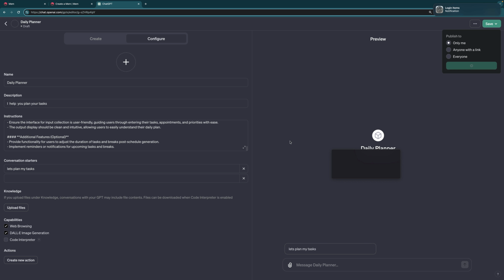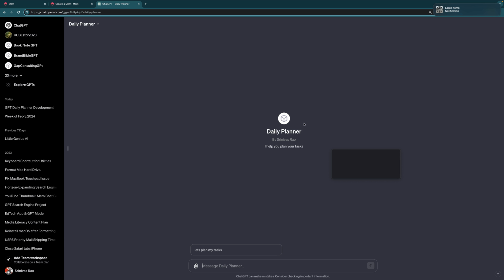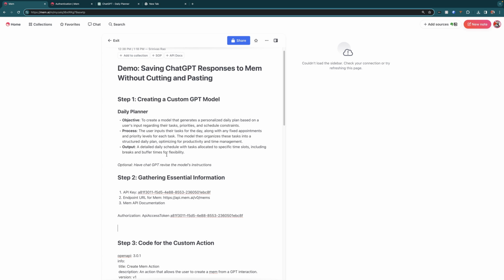And so in that case, this becomes your personal daily planner. So now we can say something like, let's plan my task. But before we do that, what we want to do now is the part that makes all of this come together. Okay, so now we've got the basics set up and we have to gather some essential information in order